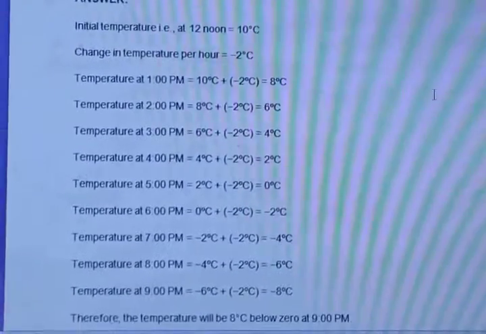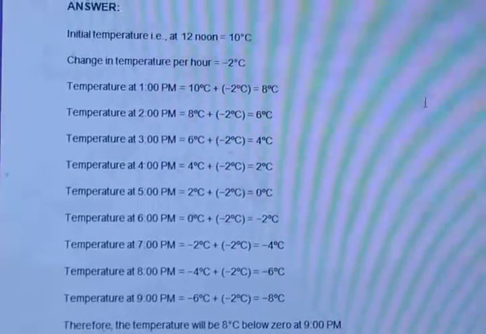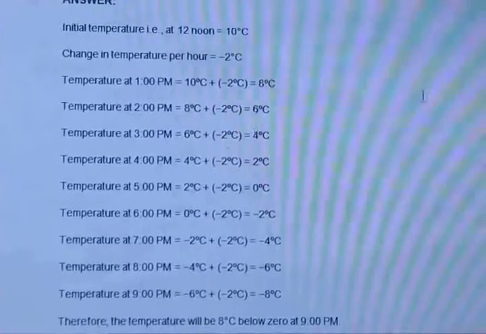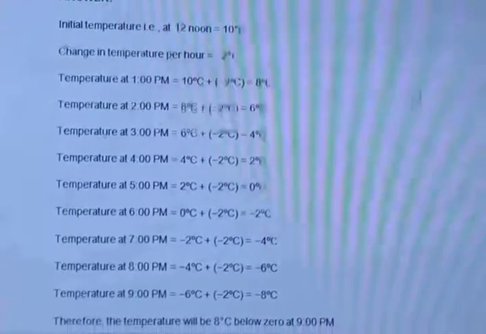If you have any doubt, then you can put your doubt. I will give you the answers in the comment box section. I hope all of you have understood all these answers.